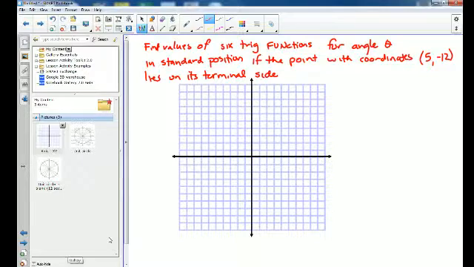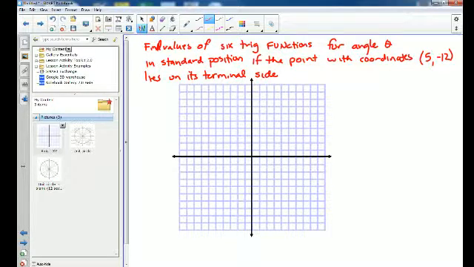They're not very hard. They're just really wordy, and you need to interpret it and make a math problem. Find the values of the 6 trig functions for angle theta in standard position if the point with coordinates 5,